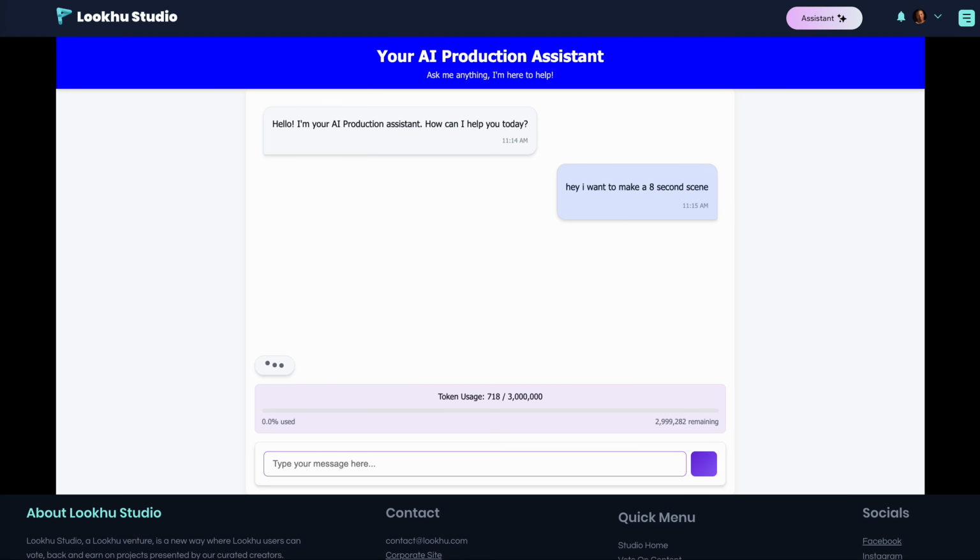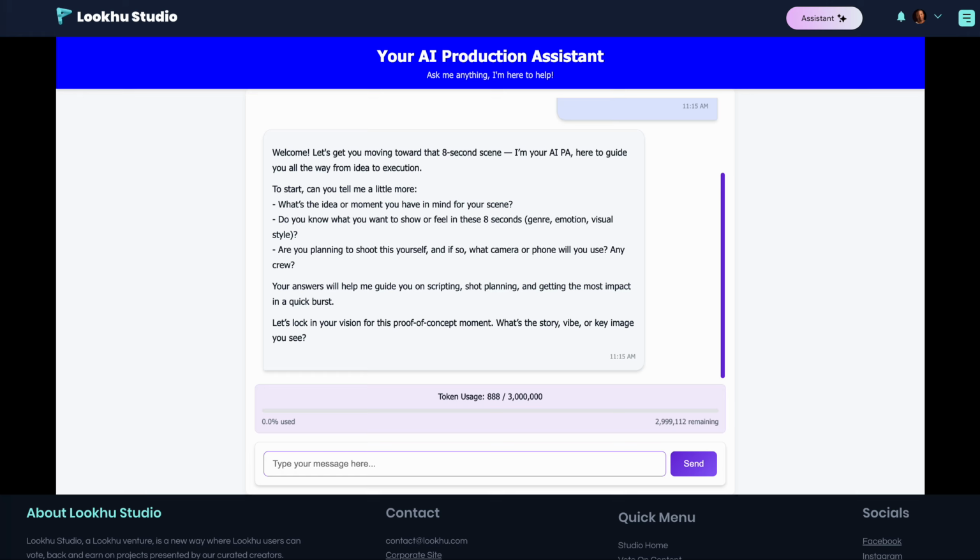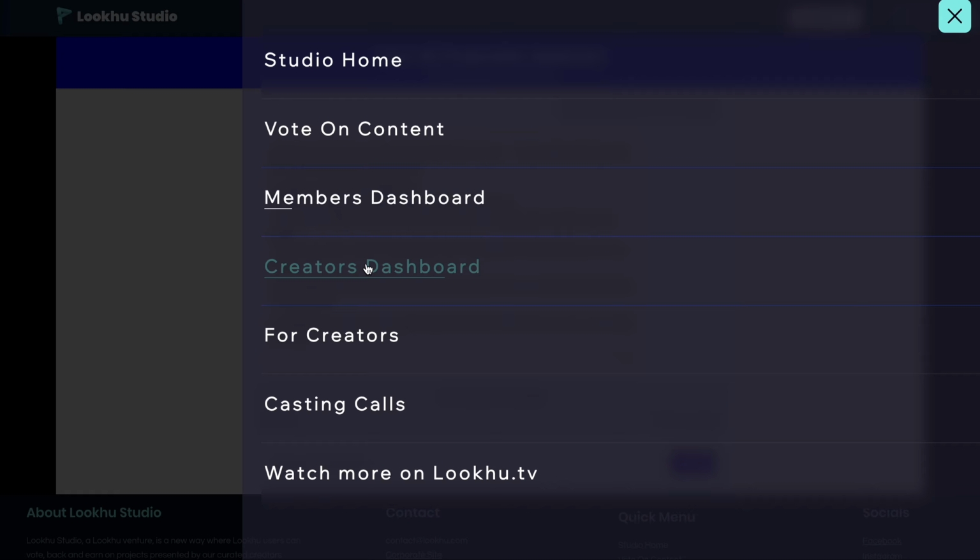And it will say, hey, okay, great. It'll ask you the questions it needs to ask you to make sure that it has all the information that points you in the right direction. Not only will it do that, but it will also give you suggestions on the AI that you need in order to accomplish your goals. And all of that is actually within your creator dashboard. So let's hop over to that.